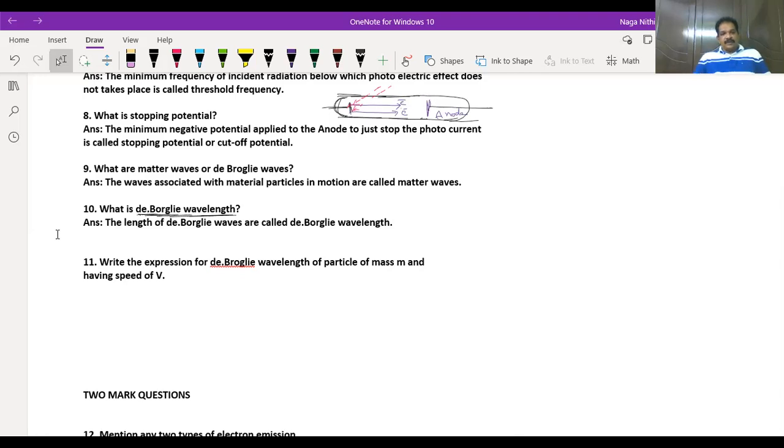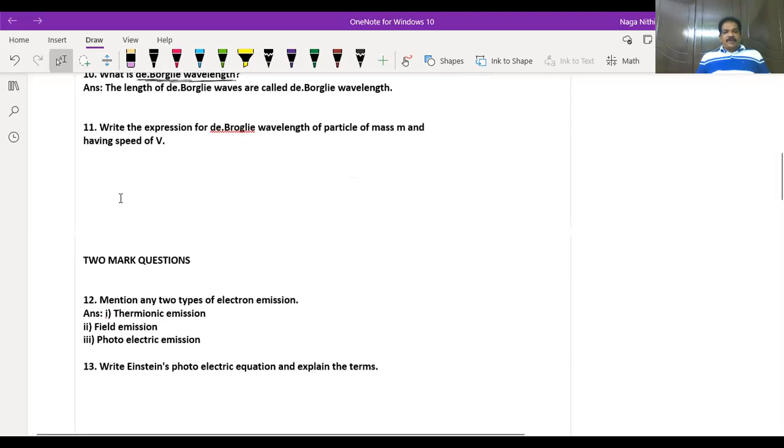See the 11th question. Write the expression for de Broglie wavelength of a particle of mass m having speed v. De Broglie wavelength formula: lambda is equal to h by p. Here p means momentum, so this value will be mv. And what is h here? Planck's constant. Write down where